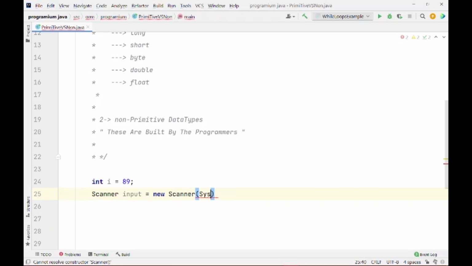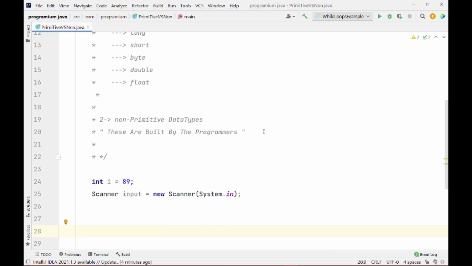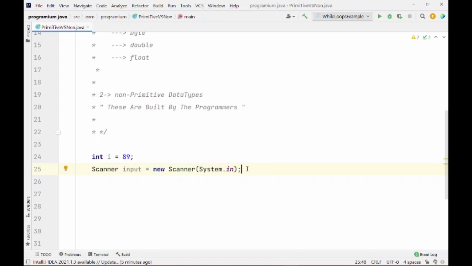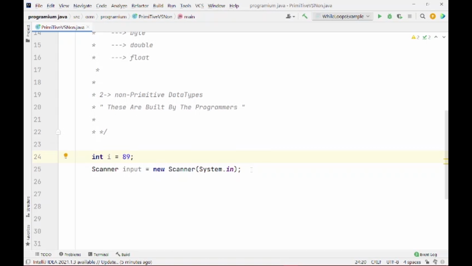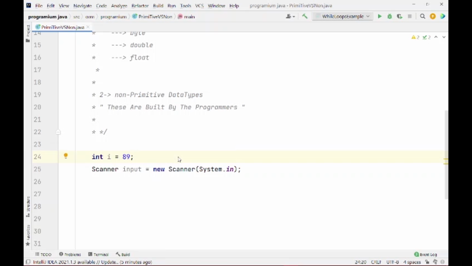Here I am using System.in, or we can also use System.out, and these are the differences between the primitive and the non-primitive data types. When we start object oriented programming, you will get a better understanding of these non-primitive data types. So I hope this question has become clear to you.